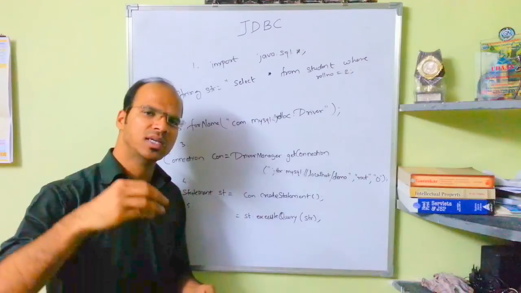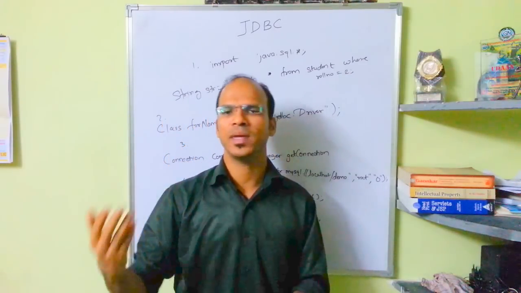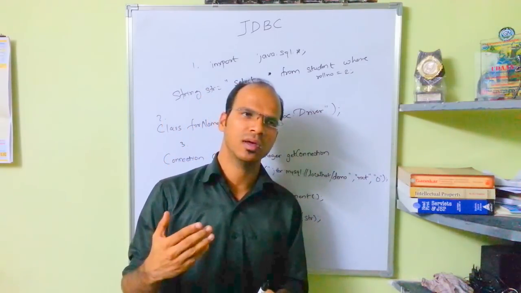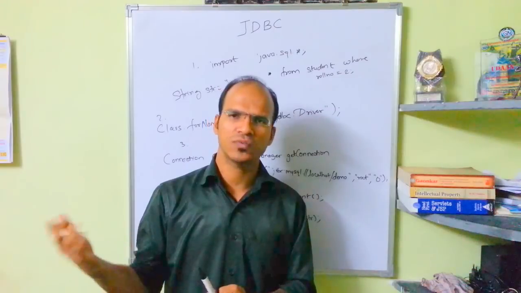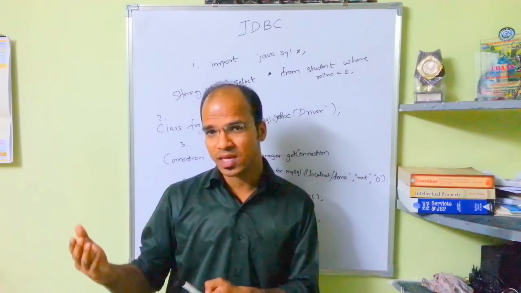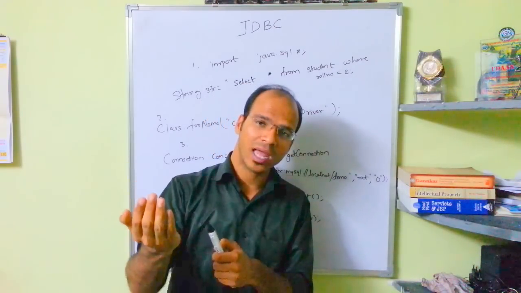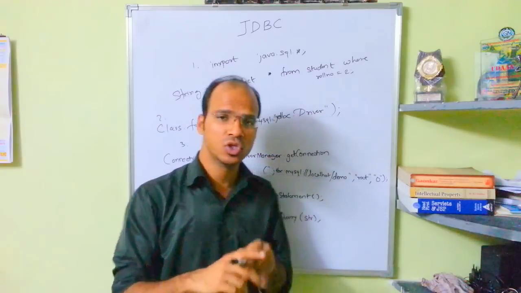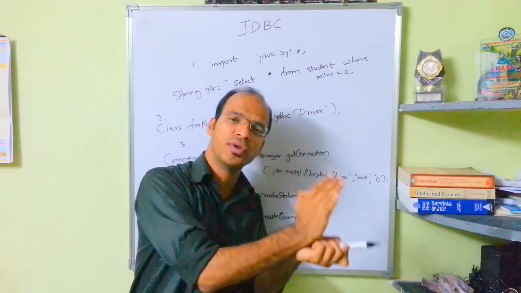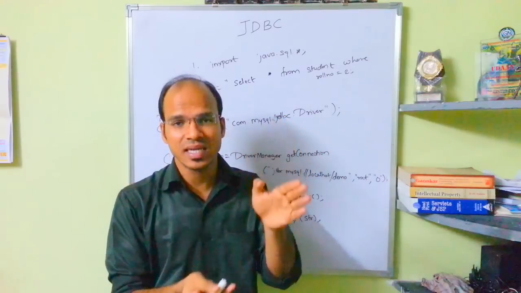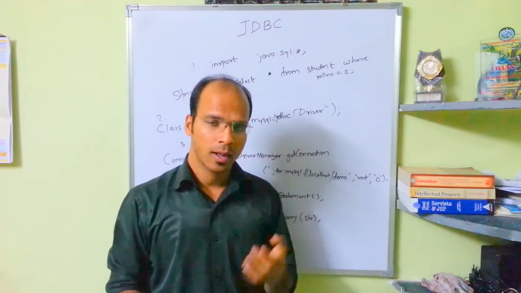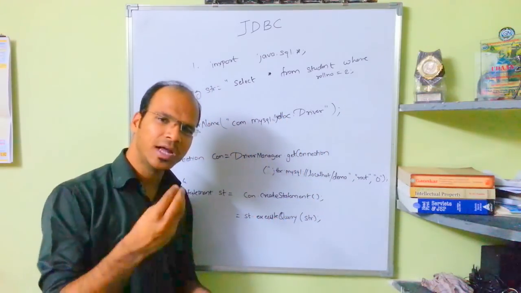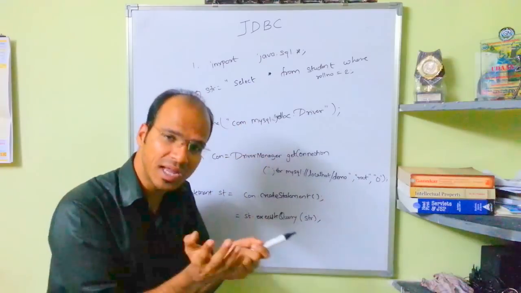Let's suppose I have two variables, A and B. Both are int. A value is 5, B value is 4. If I say A plus B, I will get 9. What I am getting is an integer value, so I have to store that value in an int type variable. I can say int C is equal to A plus B. But here, we are not getting a proper value. We are getting the whole table.